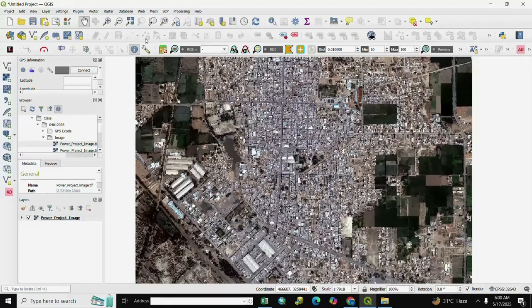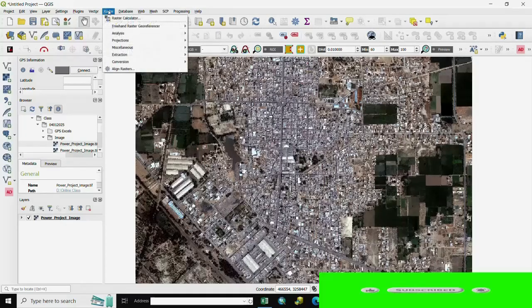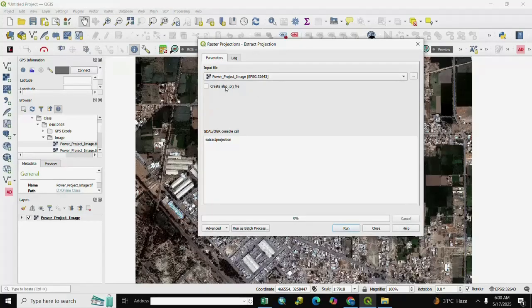Next, if you want to extract your projection, for extract projection you go to Raster and Projection. You see Extract here. Here is the input file.